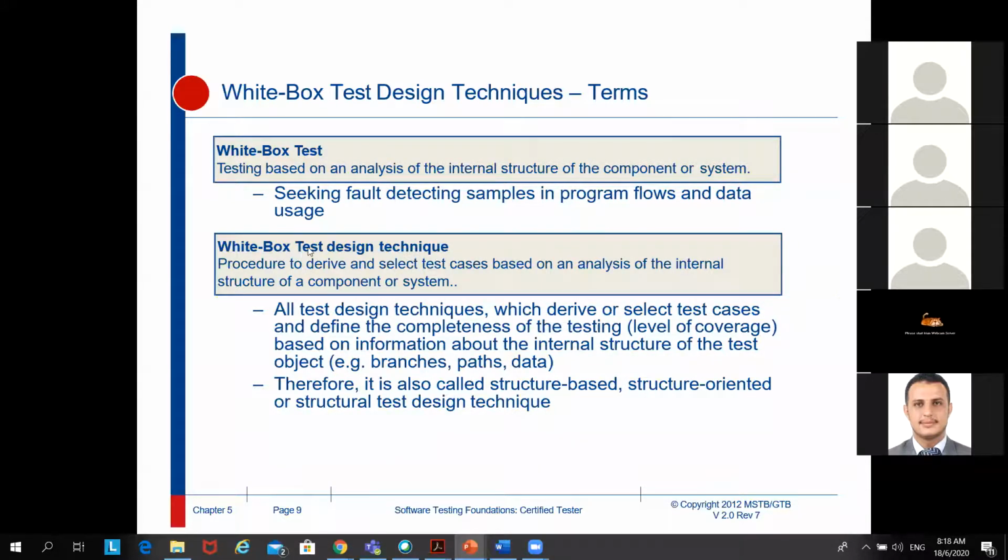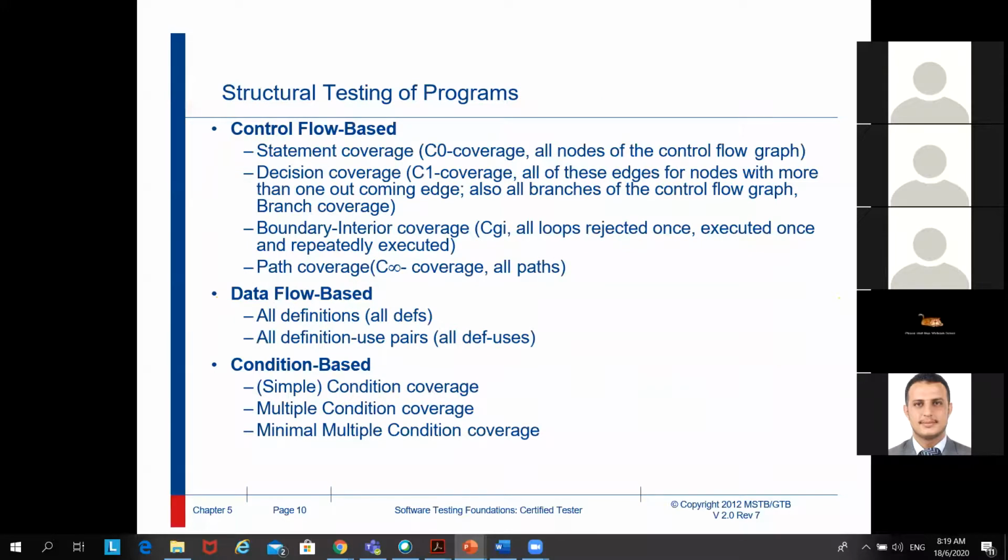There are several techniques, as I said. What are the test design techniques? They are procedures to derive or select test cases based on the structure, based on the analysis. We can use levels of structure like branch, path, or data, and decision coverage. In the structure views, we have control flow, data flow, and condition flow. The latter two are for advanced study; we will not cover them. We will cover only control flow based. Over here, we will discuss